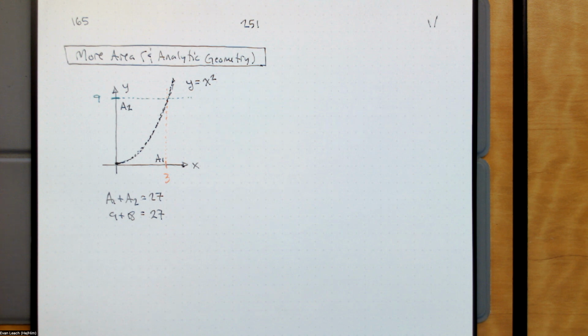So this was a problem. These problems were about setting up definite integrals. So when we're calculating an area, we want to be able to set up multiple definite integrals because sometimes one will be more convenient than the other. In the case that we had yesterday, and in this area here, A1 and A2,